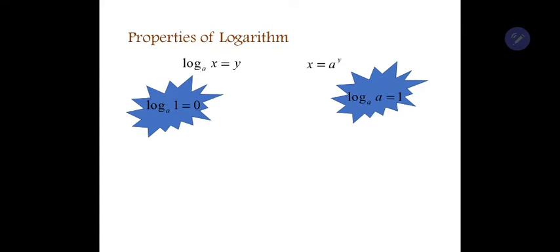The second property of logarithm is, if the base and the number next to the log are the same, then the answer is going to be 1. Let me first explain these two things for you. Look at this one first. Log base a of 1